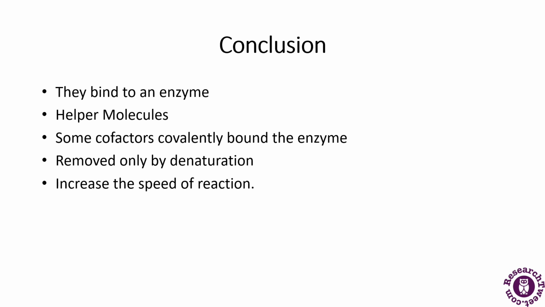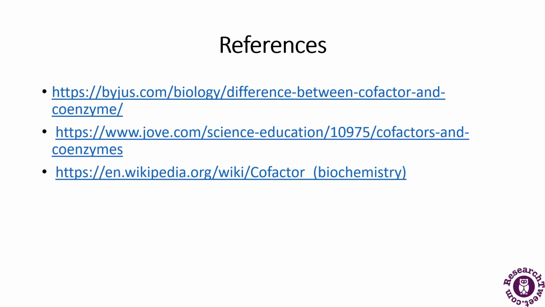If we talk about the form of a cofactor, it is a chemical compound. The characteristics are that they are inorganic substances. Cofactors have further been divided into two groups, the coenzyme and the prosthetic group. Their function is to increase the speed of the reaction, and the examples include metal ions such as potassium and zinc. So this was all about the cofactors.